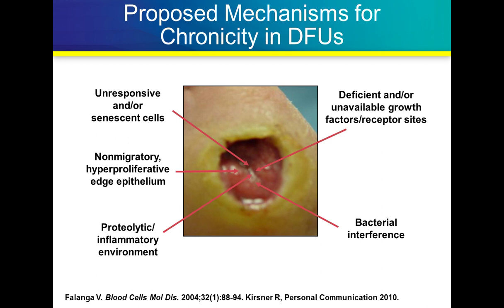Well, first and foremost, you have unresponsive or senescent cells. Are senescent cells dead? No, they're sleeping. The problem is if you do nothing to stimulate those senescent cells, you will get replicative senescence. So you'll have the same process over and over again, and you will have non-healing. Then there are non-migratory hyperproliferative wound edges. Many of us don't realize that you must cut out this hyperproliferative wound edge and at least bevel the edges so those keratinocytes sitting in the epidermis can move. If you don't do this, those keratinocytes will marginate around that hyperproliferative wound edge,